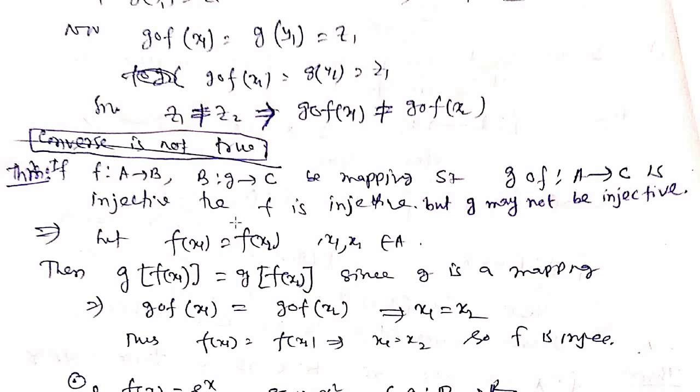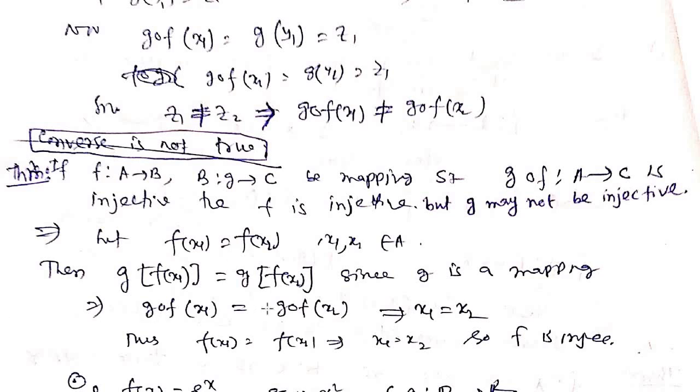But we know that since g compose f is an injective mapping, g of f(x1) equal to g of f(x2). This is the well-defined condition of a mapping. Like if x1 equal to x2, then f of x1 equal to f(x2). That is, the same element goes to the same element.